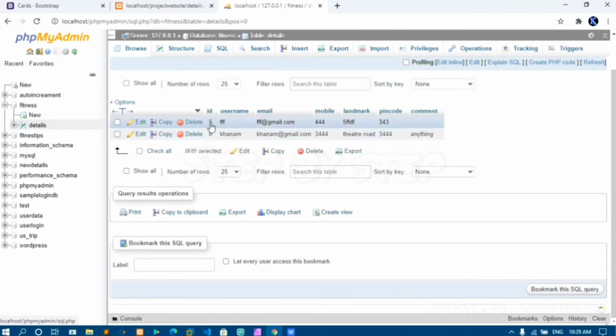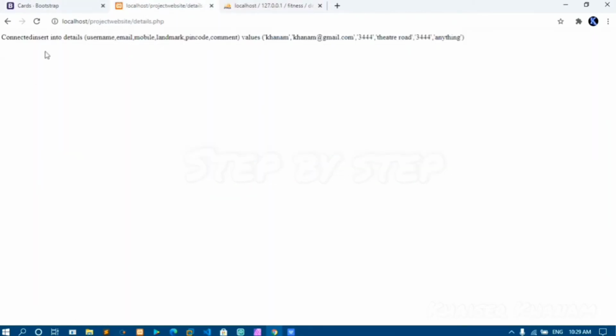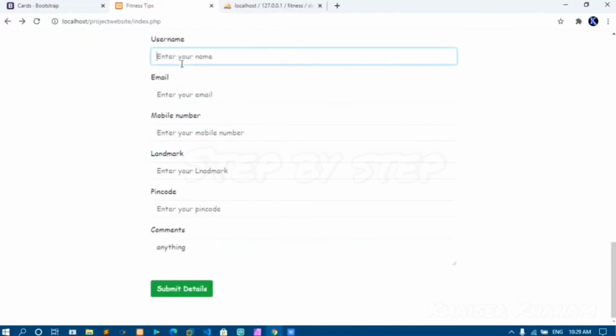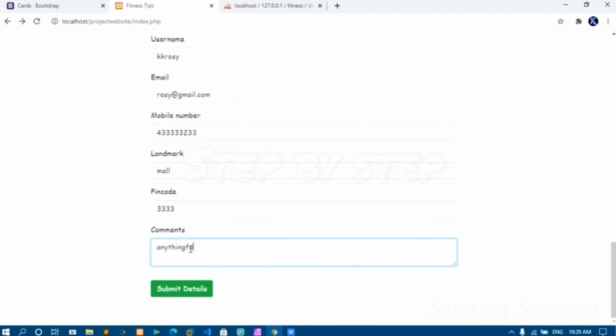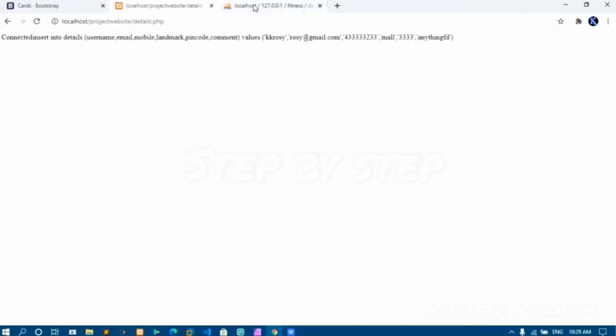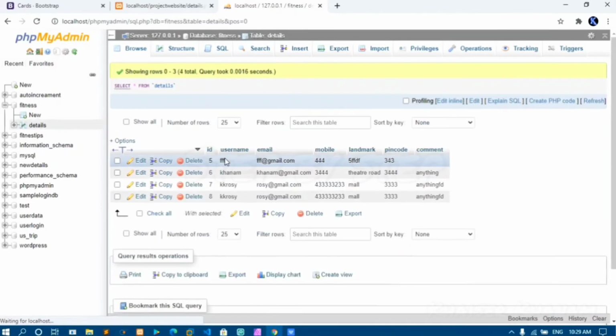This is what I entered previously to check. I deleted ID numbers 1, 2, 3, 4 when I was checking, so I am getting my ID as 6. Now again, let's enter some new data and check it out. Now I got the values here, whatever I have entered. I'll come to my phpMyAdmin dashboard. If I refresh, you can see I'm getting this KRosie 2 times. I'm getting the data, but it's getting copied twice.